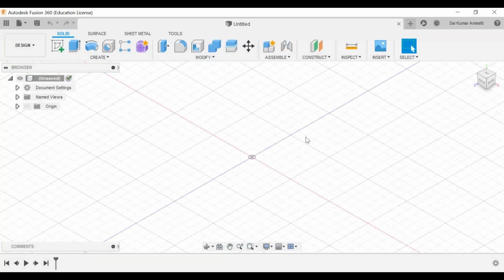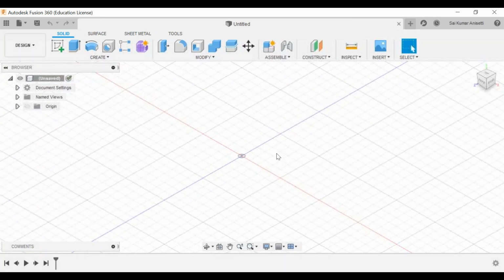Fusion 360. Okay. Always do remember that for rendering and simulation also you need to have a good internet connection. So please do remember that. All the software is cloud based. You need to have a good internet connection and everything, so you can run it on a cloud, I mean, a local computer. You can run it on a computer. So we'll see how it is going to do.